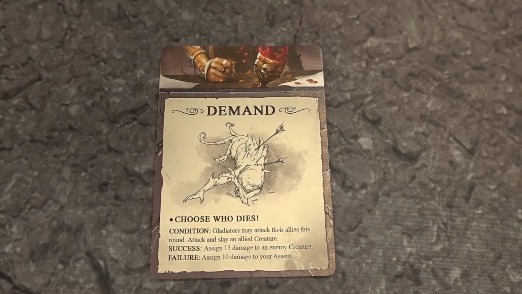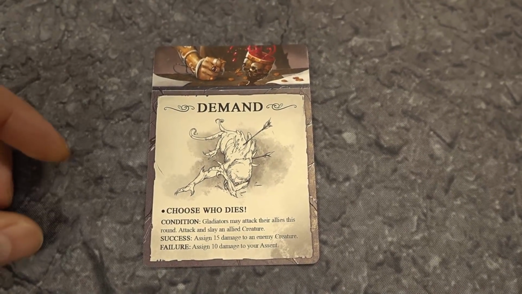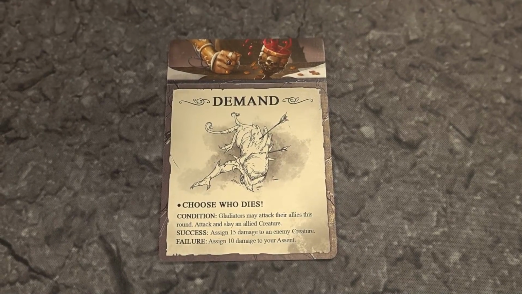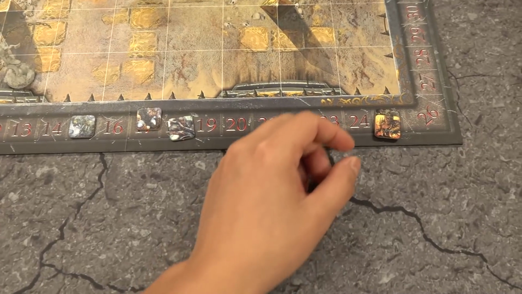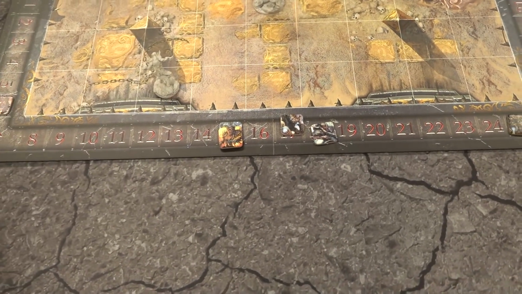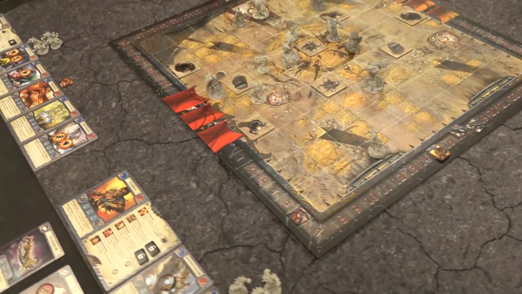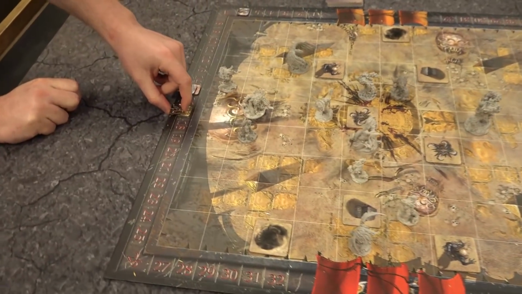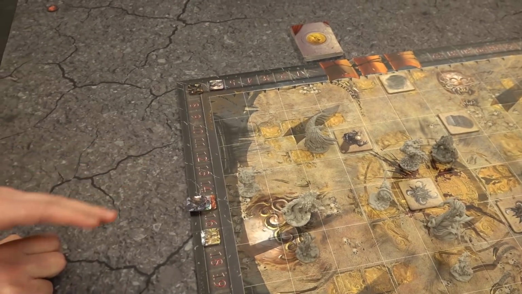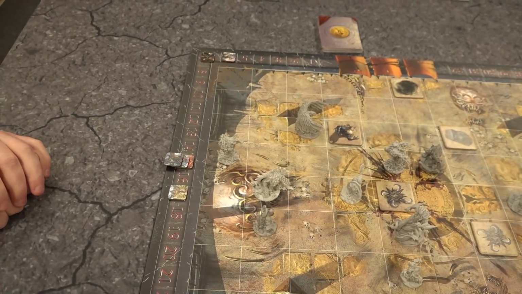End of the round, we have to resolve this demand. We failed. She's not happy. So we assign 10 damage to our ascents. Oh boy. Yera starts at 25, goes down to 15. That's a big deal. It's better off than Garantev, who's at 17, all the way down to 7. Oh wow, Luca. That's a rough card to get right away, and I was a little aggressive with him, and my shield didn't quite help me too much there, so...